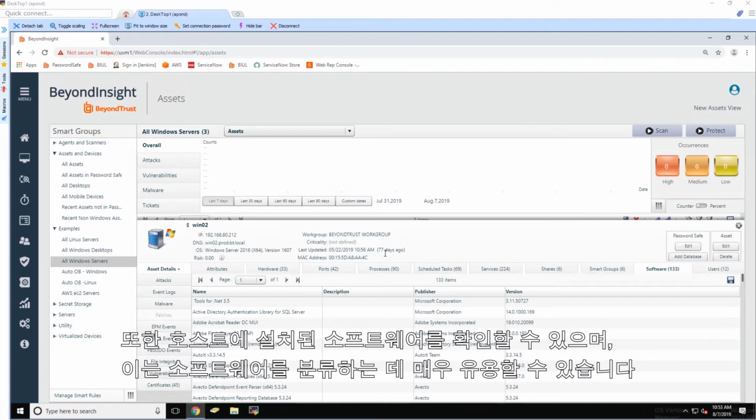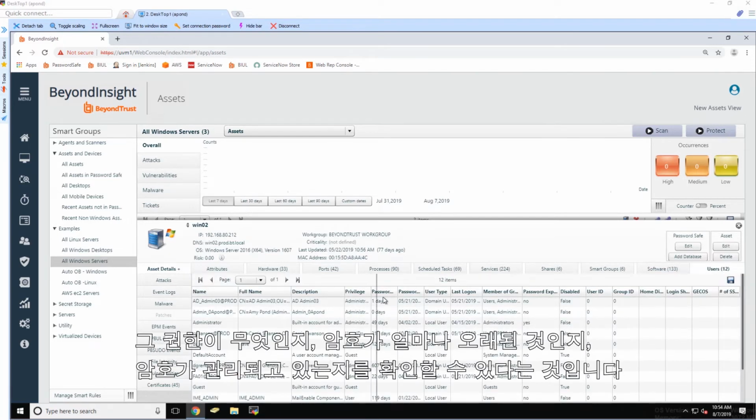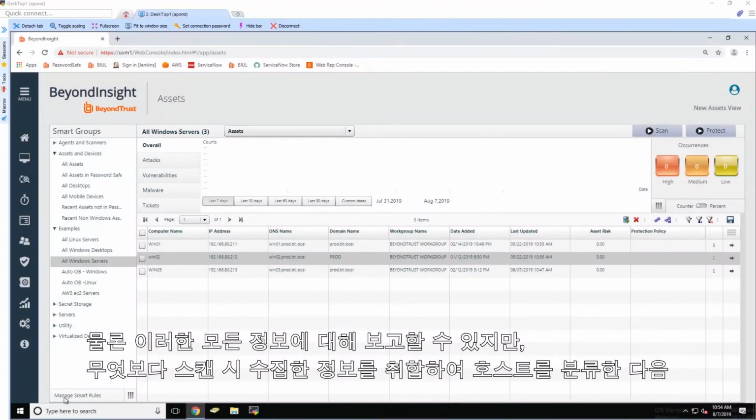We can also see the software that's installed on the host, which can be very helpful for classifying them. And then finally, and probably most critical, we can see who has accounts on this system, what their privileges are, how old the passwords are, and are they being managed. We can of course report on all that information, but better than that, we can take that information we gathered in the scan,